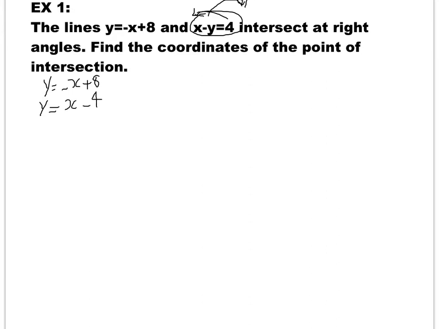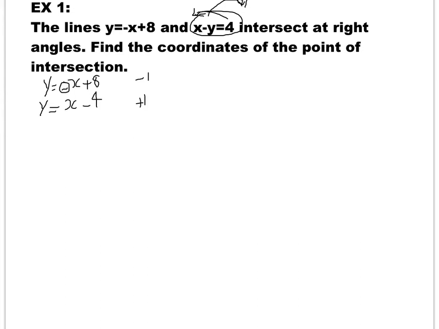Now looking at the slopes here, the slope of the first one is negative 1. The slope of the second one is positive 1. And you can see that these two slopes are negative reciprocals of each other, or the product is negative 1. Negative 1 times 1 is negative 1, so they are perpendicular. Now let's try to find the POI of this system of linear equations